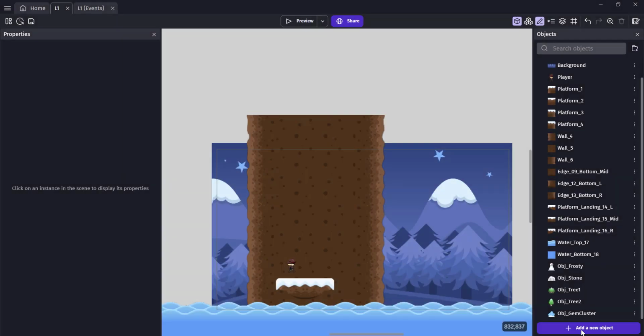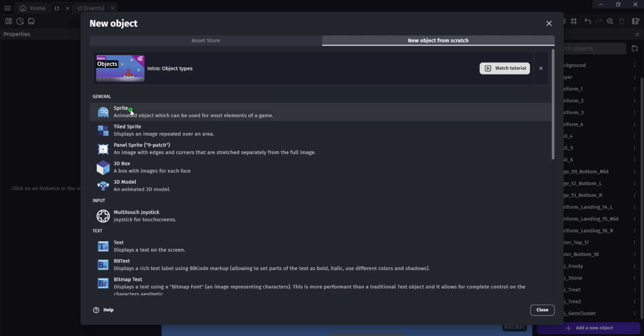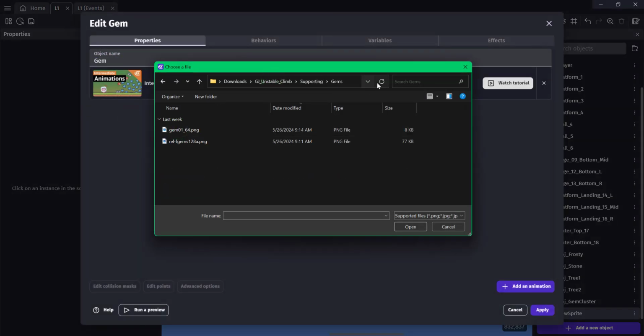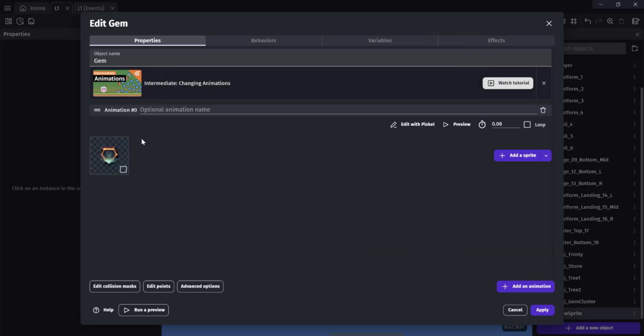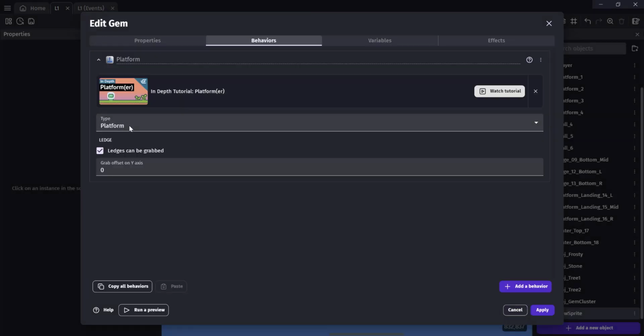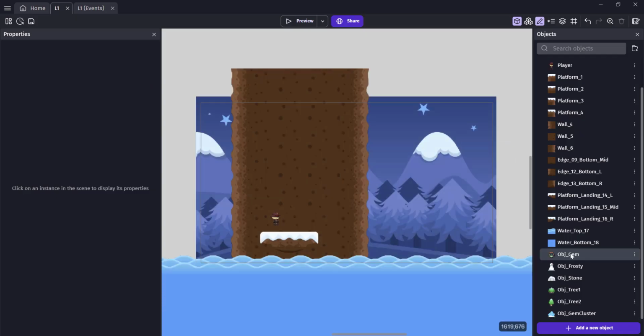Back in GDevelop, let's click New Object, Sprite, Import Image. Now let's go ahead and navigate to that gem that we just extracted. Let's go to the Behaviors tab, add the Platform Behavior, and make sure that Ledges Can Be Grabbed is ticked, and go ahead and click Apply. And we're going to go ahead and drag that into our scene and then get a sense of how high